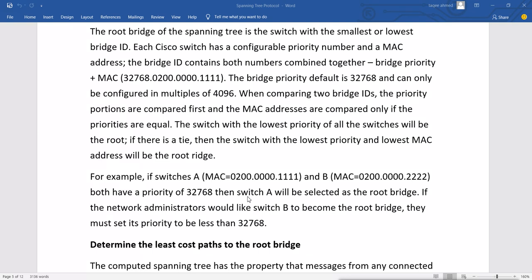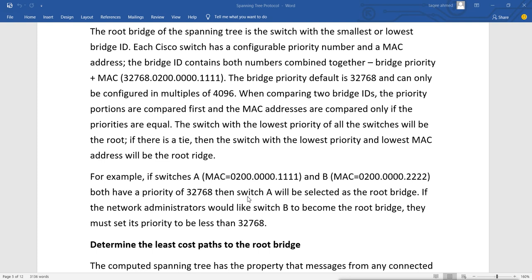Suppose we have 10 switches in our network, all Cisco switches, but one switch is very old, which does not have much speed, for example it has 10 Mbps speed, and all the other switches are new and have 1 Gbps links.